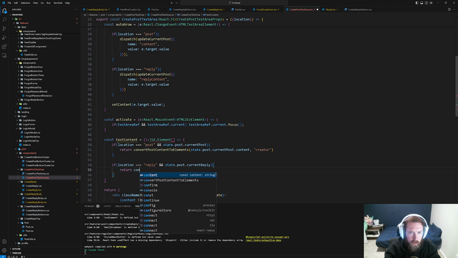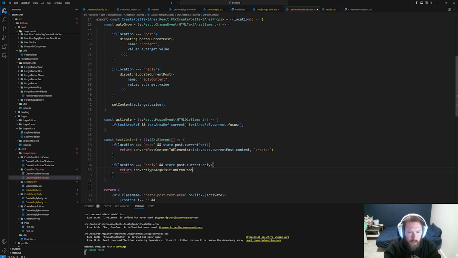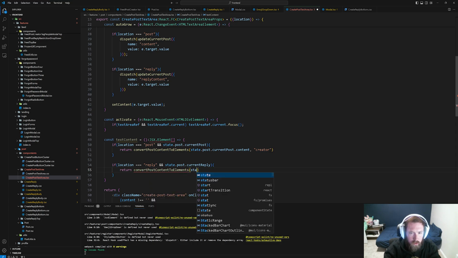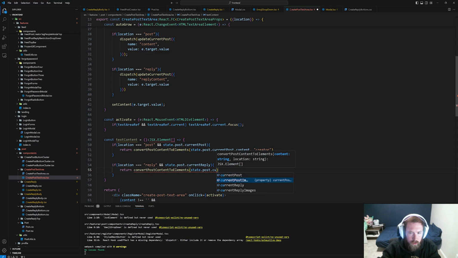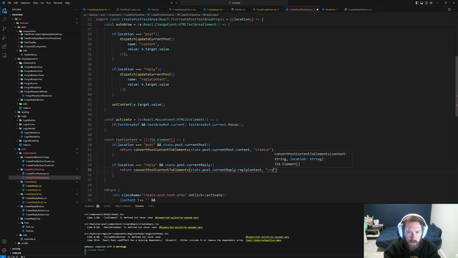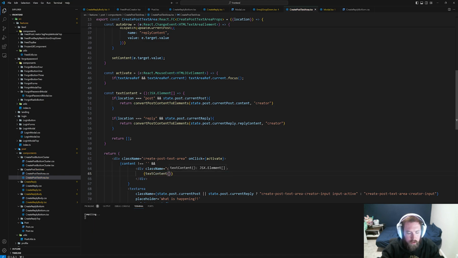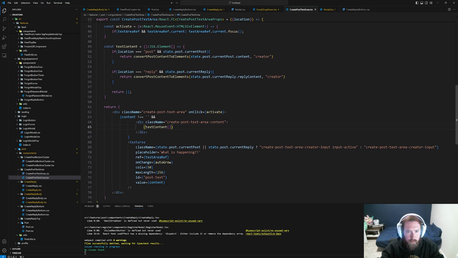Then we'll return convert post content to elements. This will be state dot post dot current reply dot reply content, and this will also still be creator. And then otherwise we'll just return an empty array as like a default case, and we'll copy this and we'll pass in text content here, and this should fix this. I don't love this solution, but it is what it is. And the issue here, because this does in fact need special content,